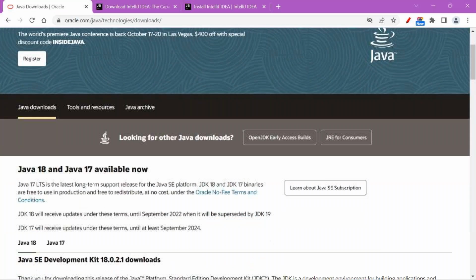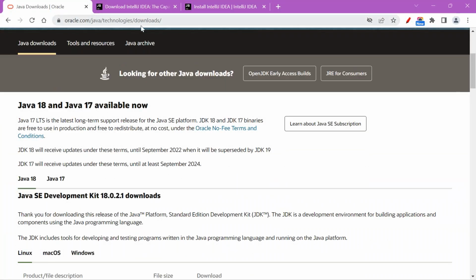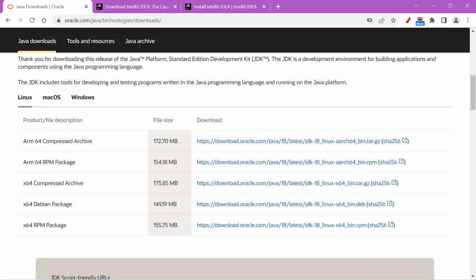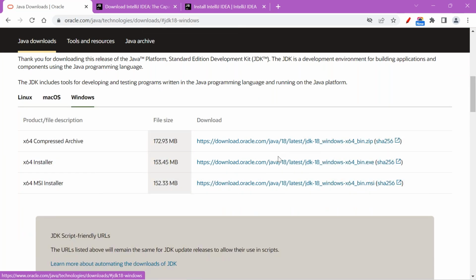Inside the site, when you scroll down, the very first option you can select is downloads. It will take you directly to the downloads, and there will be so many options available based upon the operating system you are using. If you are using a Windows operating system, you can go and select the installer option. If you click on it, it will download the file and you will have an exe with you. As it is a time consuming process, I'm not going to show you the download.